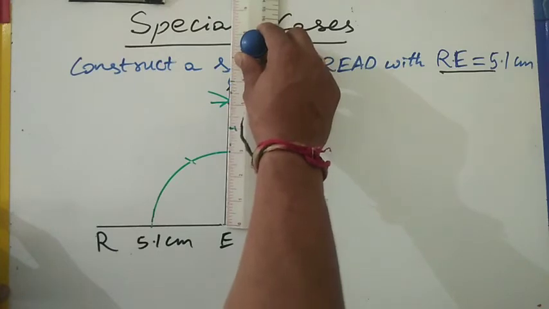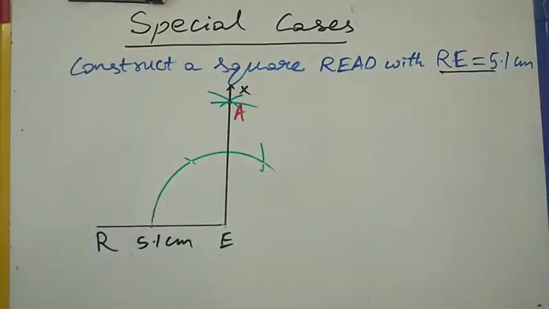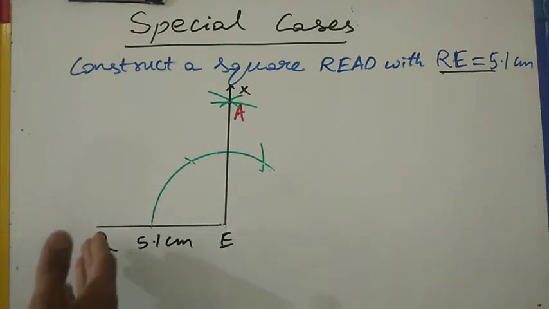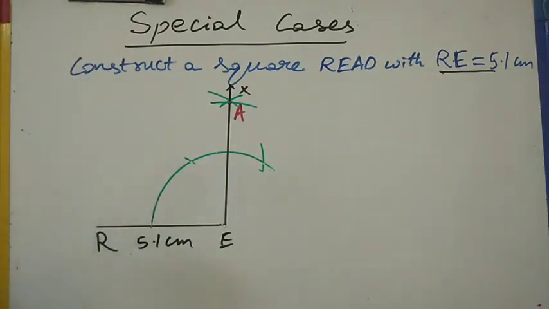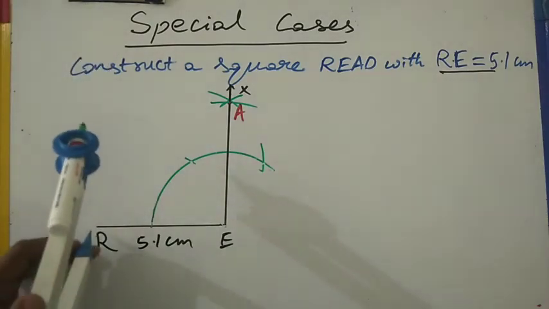It is of 5.1. Now, similarly, if I construct here another ray RY ray,